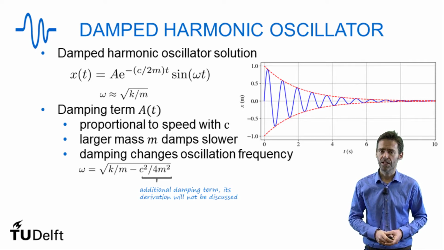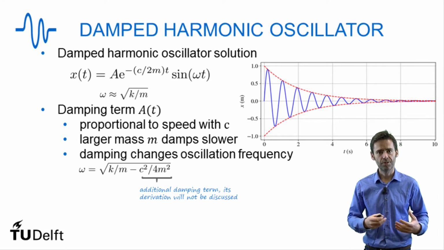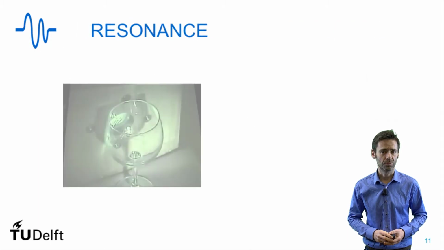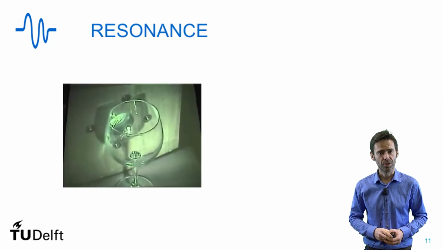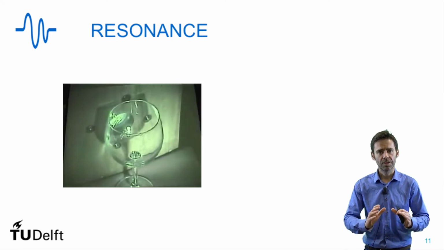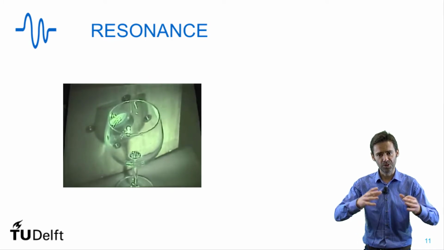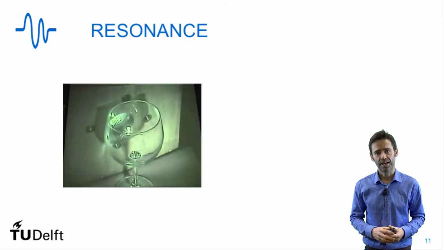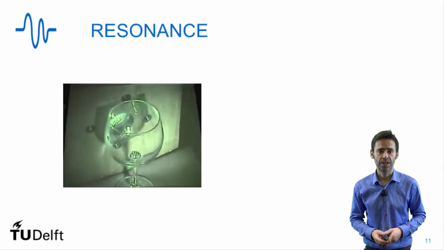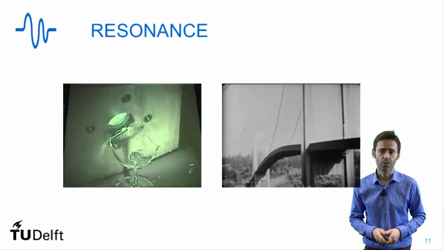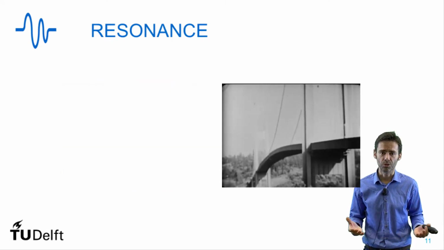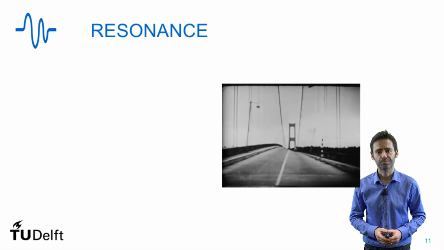All right, so now let's look at driven oscillations and then deal with a phenomenon called resonance. In resonance, you will see here an example. We have a system with a natural frequency that we drive slowly at this natural frequency, and then the amplitude becomes bigger and bigger. That means that it can lead to structural damage, for example, in this glass, or in this example that you all have seen in this bridge.